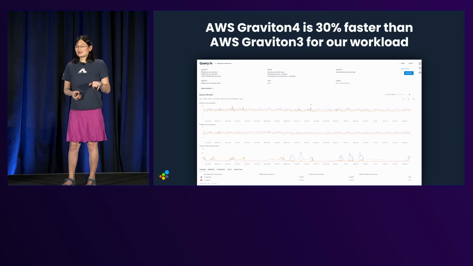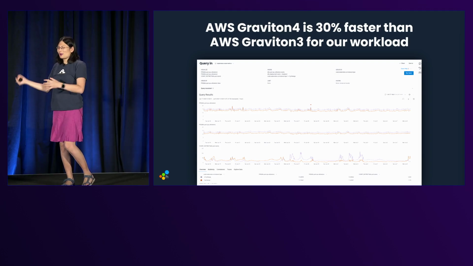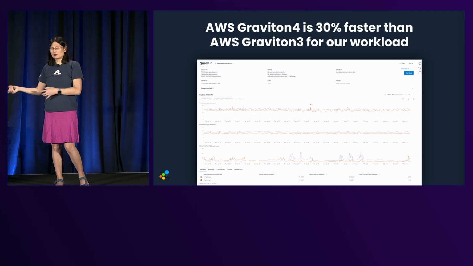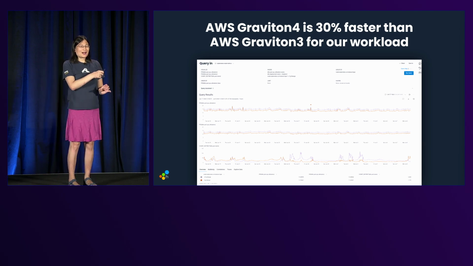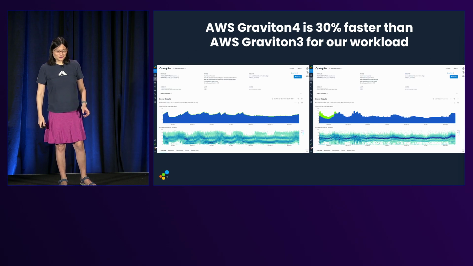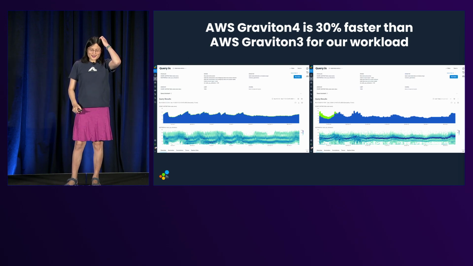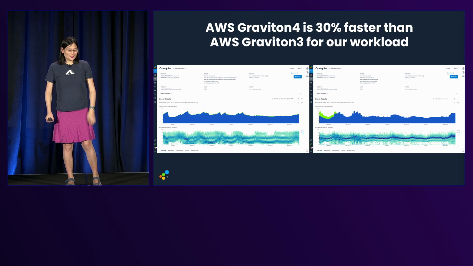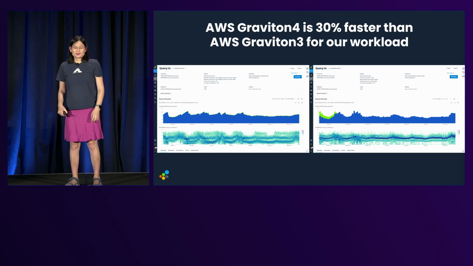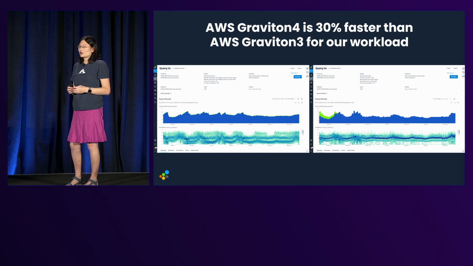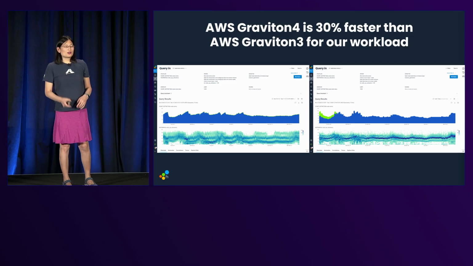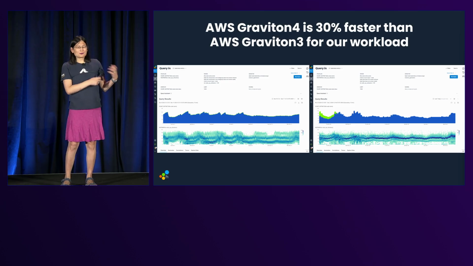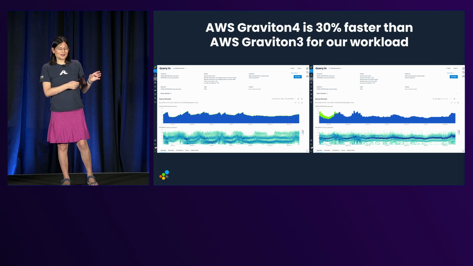And those are not necessarily things that you would see out of a benchmark, because we're not just running a benchmark. We're processing real protobufs that people are sending us. And our experience has been that we're just able to take instances out of our workload every single time that we upgrade generations. So if you look at this, this is comparing last year versus this year. This is comparing our experience with running on Graviton 3 in November of 2023 versus running on Graviton 4 in November of 2024. So last year around this time, we were using something like 60 instances